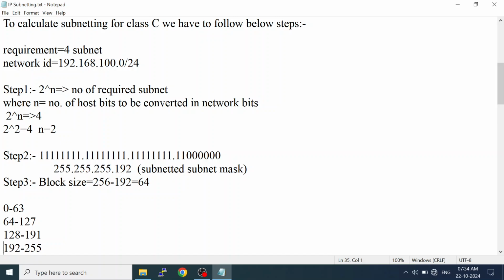So 2 to the power n equal to, suppose I have taken the example of 4. So 4 means 2 to the power 2. So the n value is 2. Clear this one? Then this is the default subnet mask of class C. From there I have converted 2 host bits. Why 2? Because we got the value of n as 2. Then when you convert it into the decimal number system, you will get this value, and this is your subnetted subnet